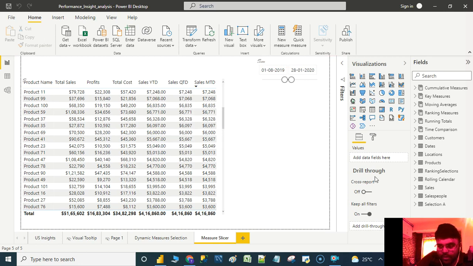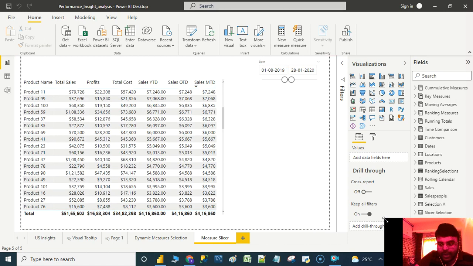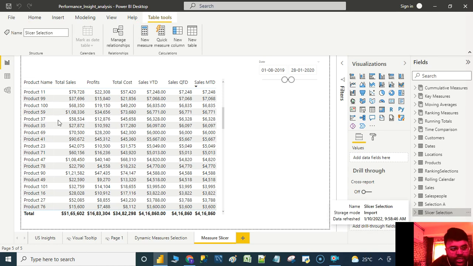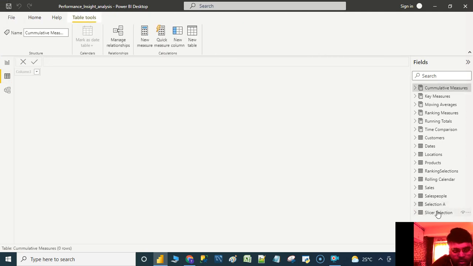So let our table load. Having done that, we have our table called slicer selection in place. Let us click on the table and go to the data tab to know how our table exactly looks.